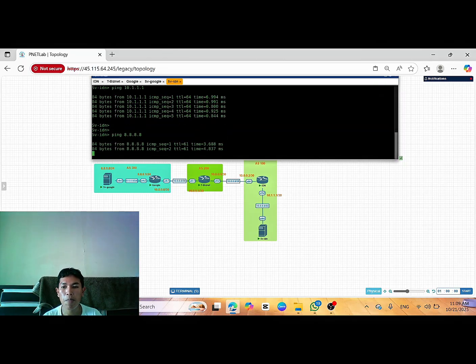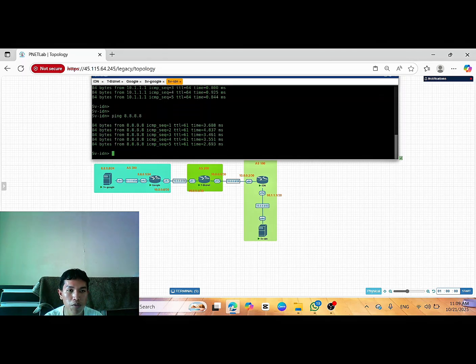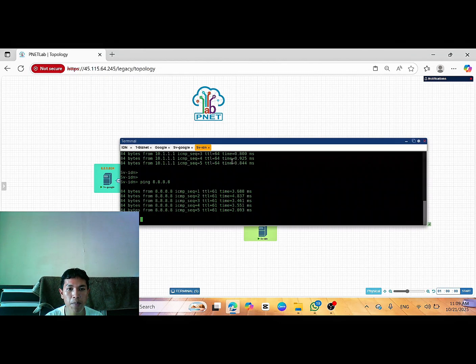You can see at the same time we have already configured BGP with three different autonomous systems, and I think this is enough from me.